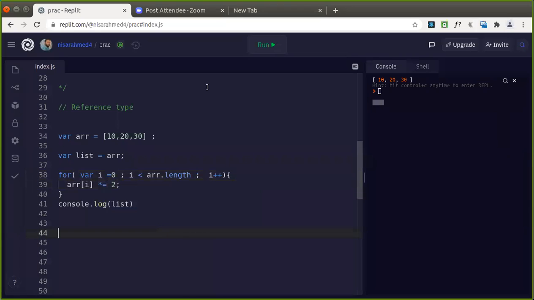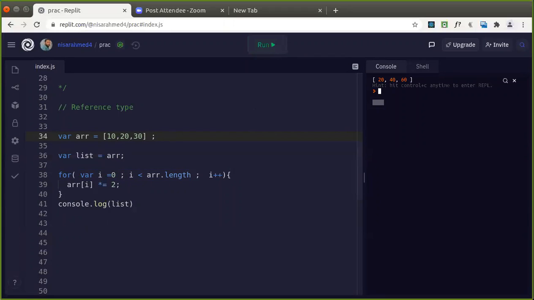Now check here guys, what is the output that we are getting here? In this case we are getting list values doubled. I did not perform the changes using list. What I have done is on the array, isn't it?